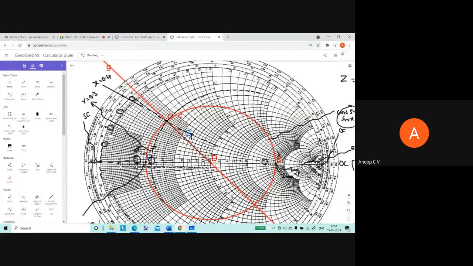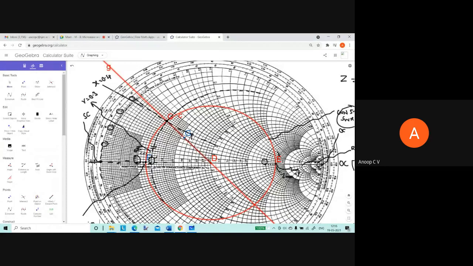So this intercepts, if you start towards the generator. Now we are at the load end. From the load end, when we are moving towards the generator, the distance marked here is, I don't know whether you are able to read this, I'll write it here. This one is 0.06 and this is 0.07. So it will be 0.06, 0.062, 0.064, 0.066, and it's almost 0.062.